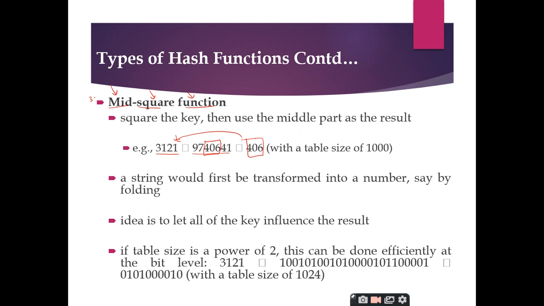So whenever you are given a string and you are asked to store it in an array using the hashing technique, you have to apply the hash function. But hash functions are defined on integers only. So the simple method is you convert the given string into numbers or integers, and then you apply the hash function, and then you store the value into the corresponding key that is generated by the hash function. Is it clear? Yes, sir.